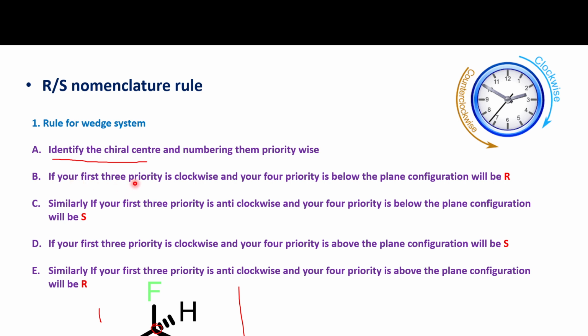If your first three priorities go clockwise and your fourth priority is below the plane, then that will be your R configuration. Similarly, if your first three priorities go anti-clockwise and your fourth priority is below the plane, then the configuration will be S. For example, if you draw a molecule like this,